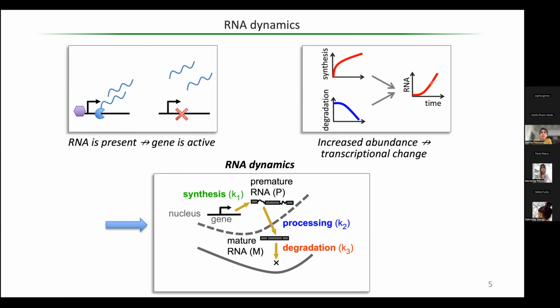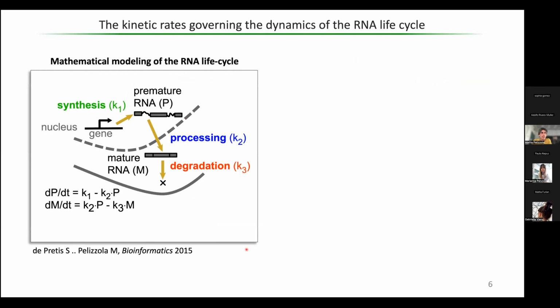Initially, we used this quite simple framework to describe our transcriptional system. We focused on the key steps of RNA synthesis, the production of new immature RNA molecules, which are eventually processed and spliced into the mature form, which is eventually degraded. So for a few years we have been playing with these individual steps: synthesis, processing and degradation. And we describe them using mathematical modeling, as I said,